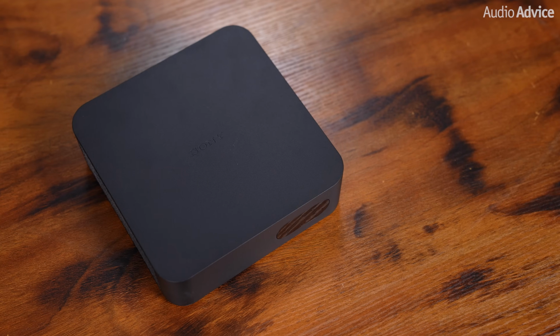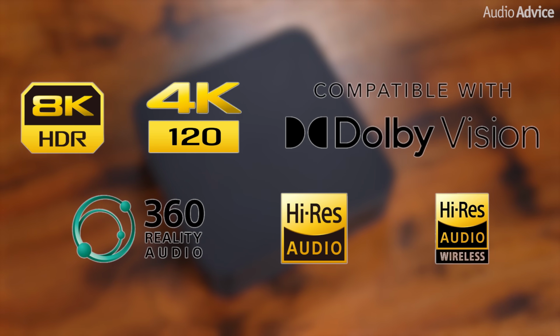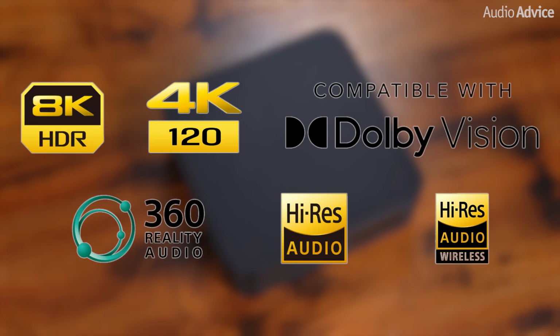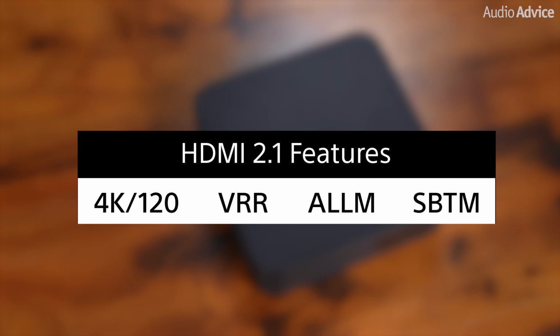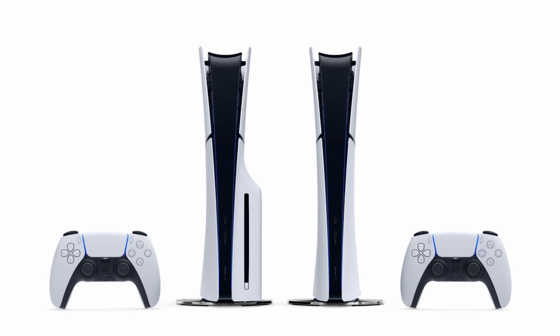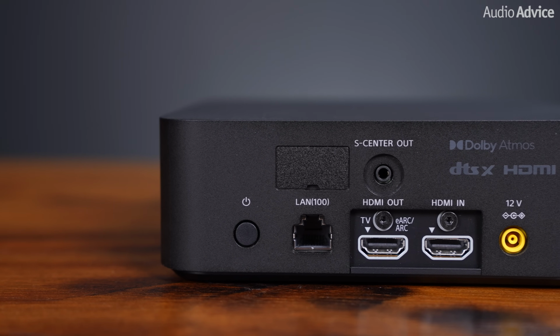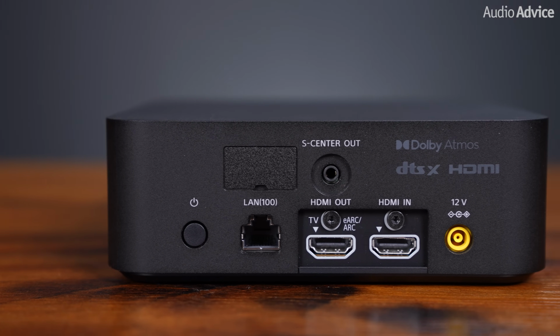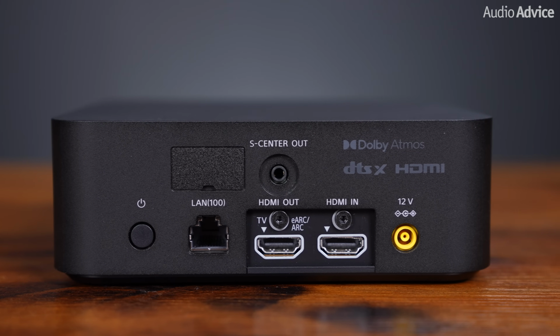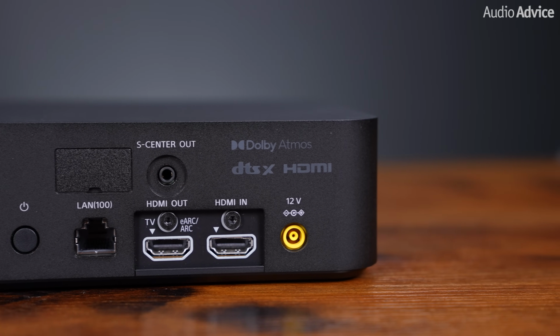Also included is the control box, which supports 8K HDR, 4K 120, Dolby Vision, 360 Reality Audio, and high-res audio. It even supports VRR, ALLM, and SBTM for gaming when you're using a PS5. You'll also be able to connect wirelessly with Spotify Connect, Apple AirPlay, and Bluetooth. The box connects up to your TV via HDMI eARC or ARC only. There's no optical or 3.5mm input, so you must ensure your TV supports HDMI eARC or ARC before you get